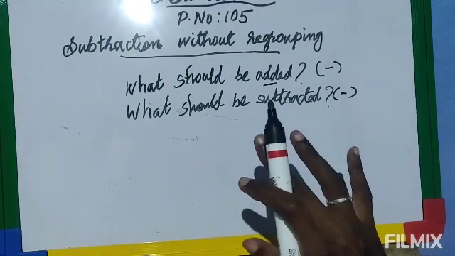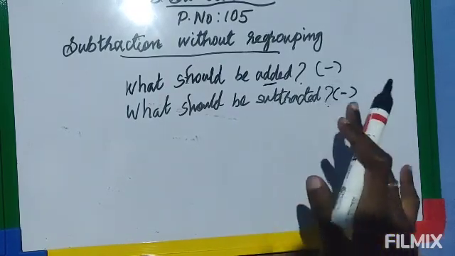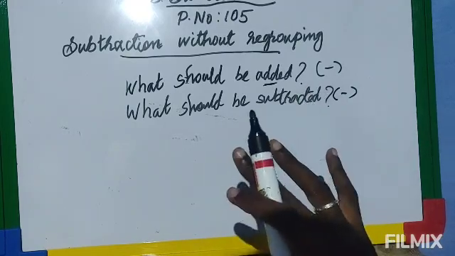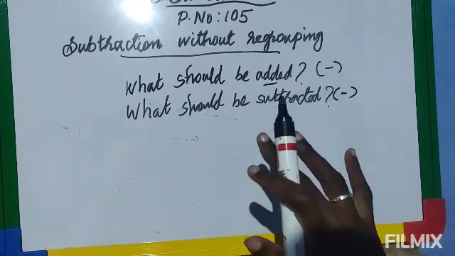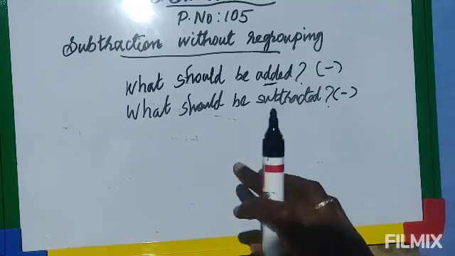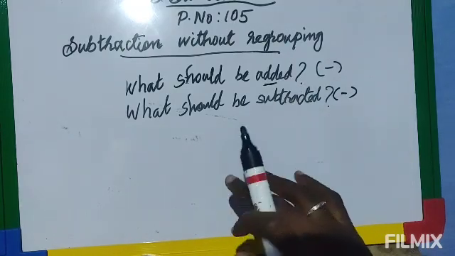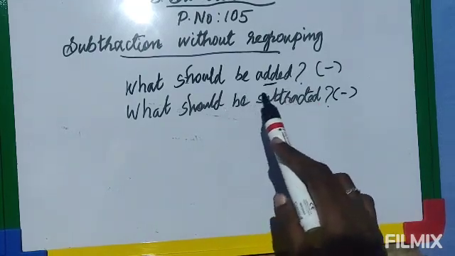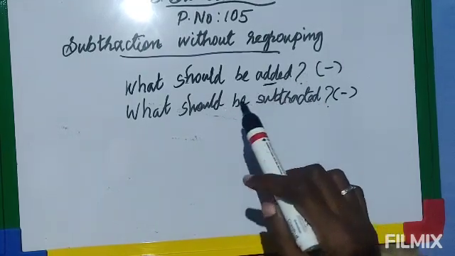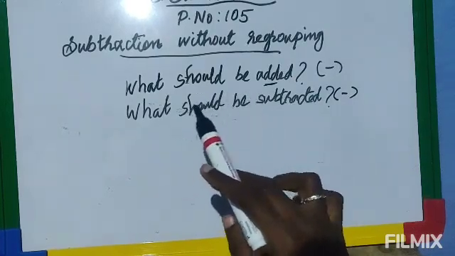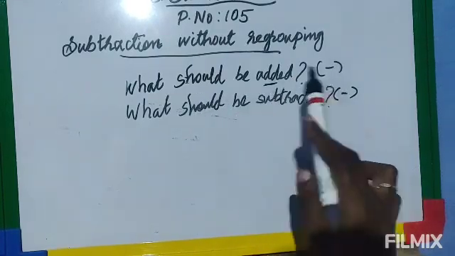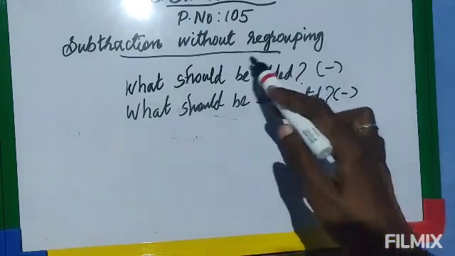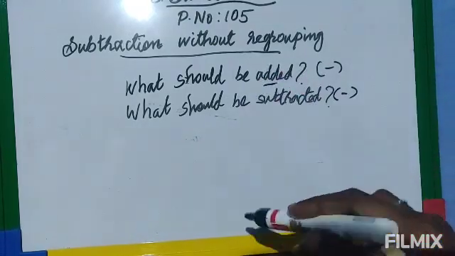But in the exam it won't be like that, it will be mixed up. So you have to find out which is subtract, which is to add, which is to multiply, which is to divide. So not to confuse, I will give some of the keywords so that you will be able to understand which one to do. Whenever I am giving the keywords, you mark and keep it, okay. So this is also one of the keywords, "what should be added." If it is given, you have to minus. Again "what should be subtracted," also you have to minus. So these two are keywords in the problems, okay.